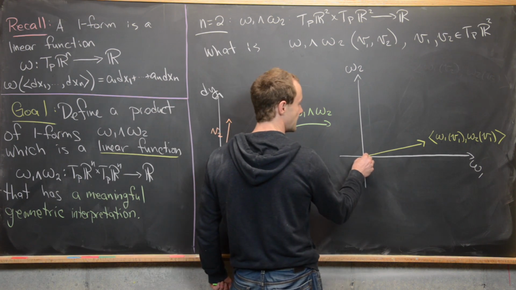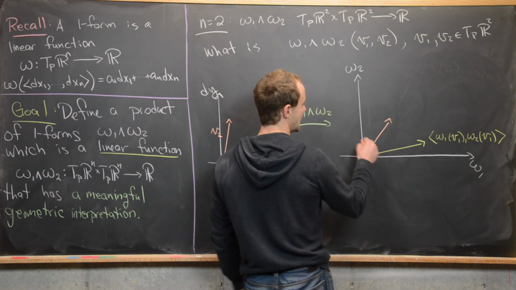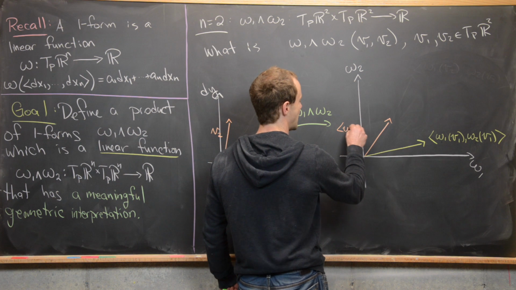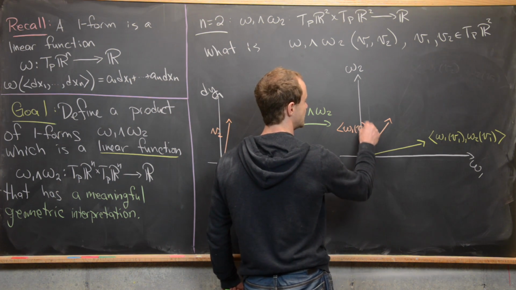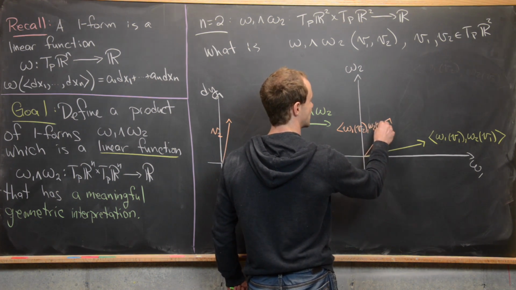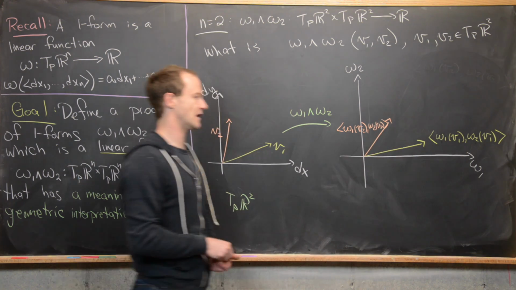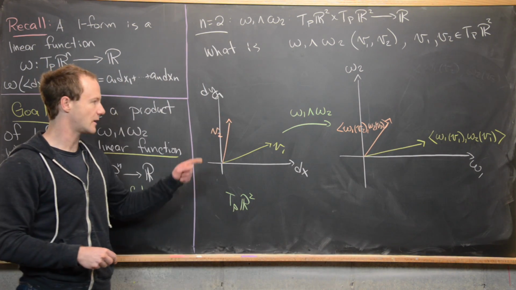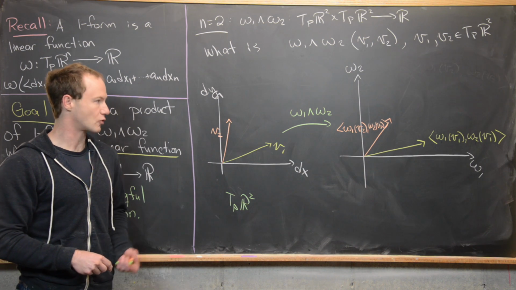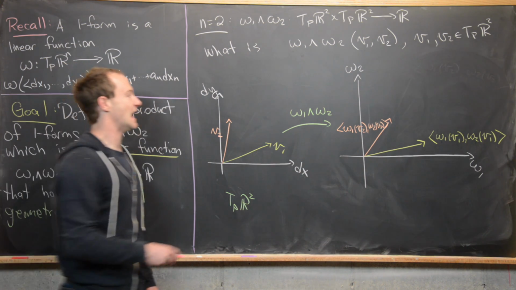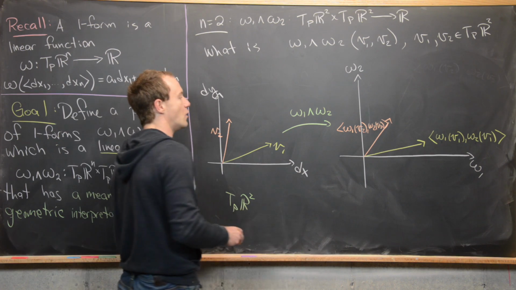So that'll be a vector as well, and it will have components omega 1 acting on V2, and omega 2 acting on V2, just like we kind of did over there, but in parallel. Okay, and now let's remember what our original goal was, and that is to define omega 1 wedge